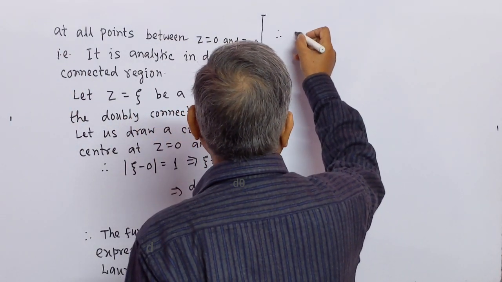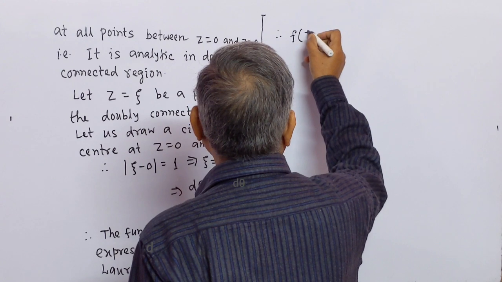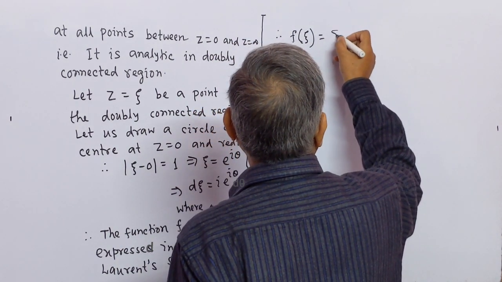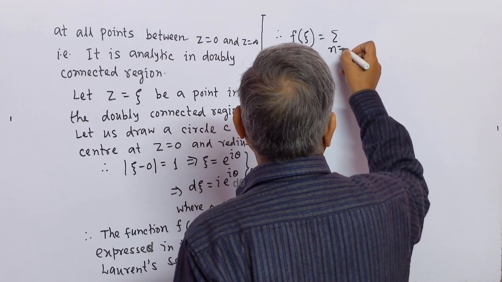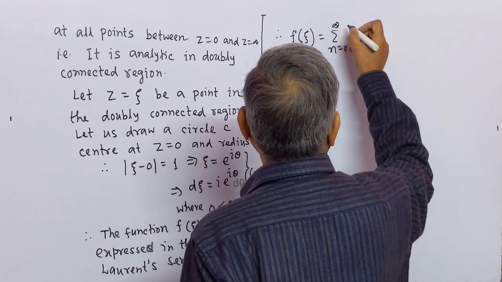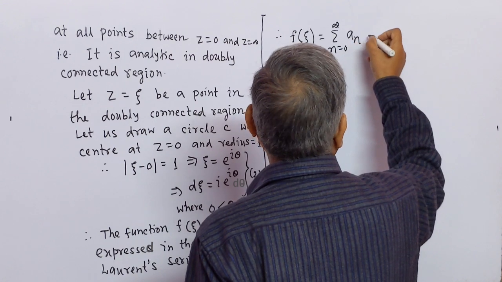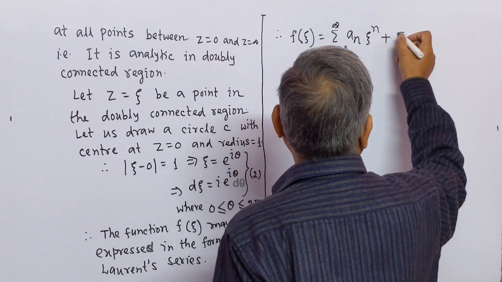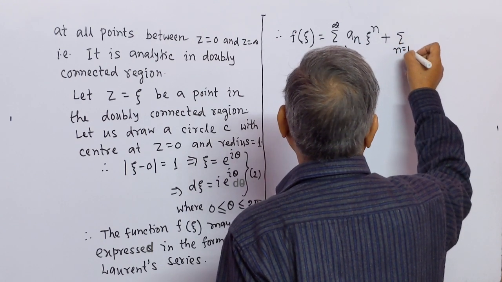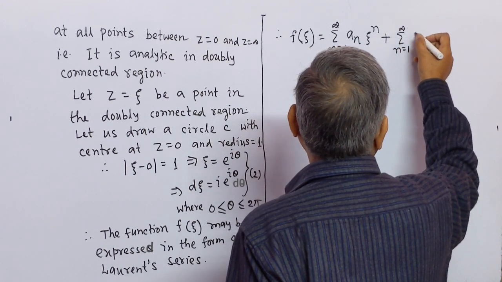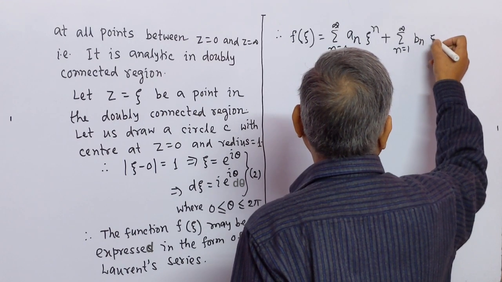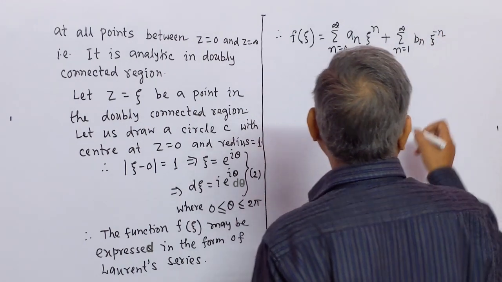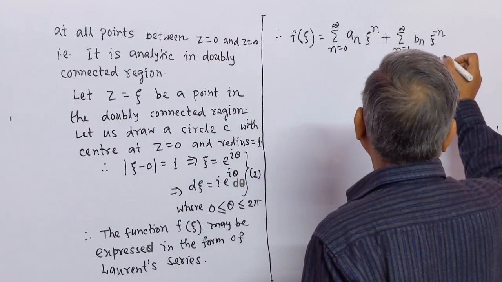Therefore, function of ξ equal to sigma n equal to 0 to infinity an ξ to the power n plus sigma n equal to 1 to infinity bn ξ to the power minus n. Let this be number 3,